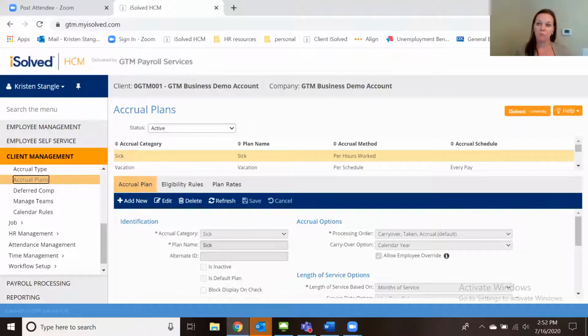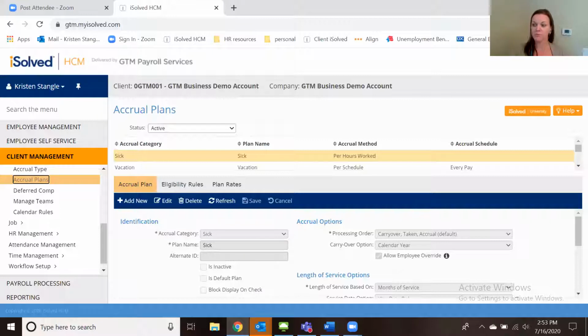How much do they get? We'll say 40 hours per year. Is it paid? Yes, it's paid at their regular rate. Who's eligible for it? Full-time employees only. Is there a difference in how much they get based on how long they've been with the company? Yes, after 5 years, they get 80 hours of mental health days. Is there a maximum they can get? Yes, that's 80 hours. Does it pay out at the end of the calendar year? No. Does it roll over? Yes. Up to 8 hours can roll over every year. And does it pay out at termination? No. So I'll remind us of all of these answers that we just came up with as we do this